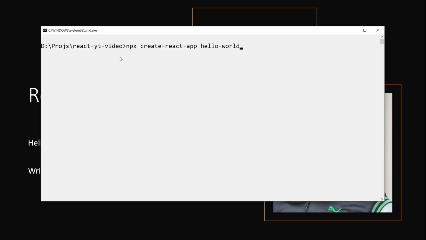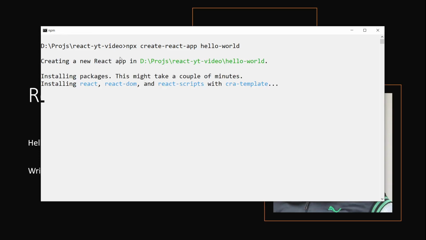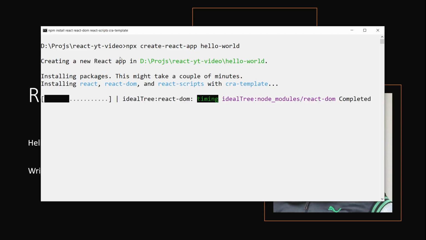So what it will essentially do, if I start this, is download a lot of files. In fact, more than a few hundred MB of files will be downloaded to your machine. And it will take quite a lot of time to do that. So while it is doing that, what I'm going to do is